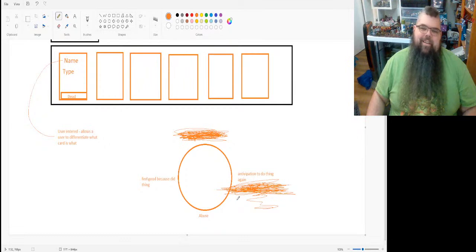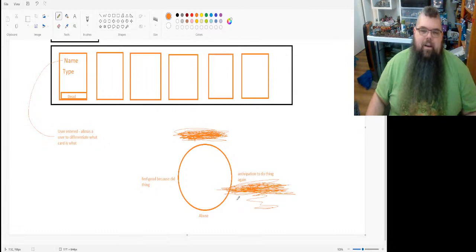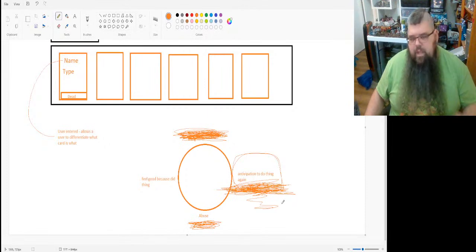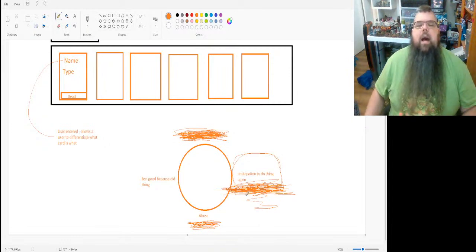This is like that anticipation part of it, right? I could go into an entire rant about hedonism, and how hedonism actually is the expansion of this anticipation phase, and it's not actually the abuse phase, which everyone thinks it is. But that's a whole other rant. It's a whole thing. But,